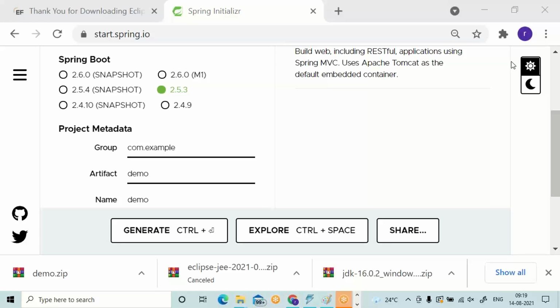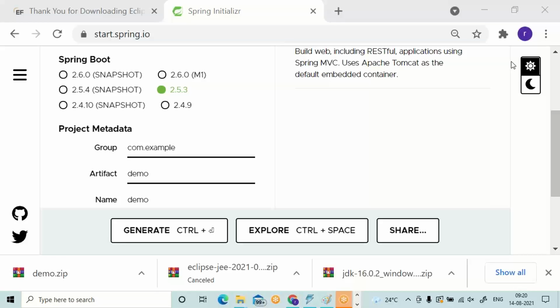So two simple conditions you should follow. First condition, whatever application is downloaded by the Spring Initializr should be downloaded into the Eclipse Workspace.